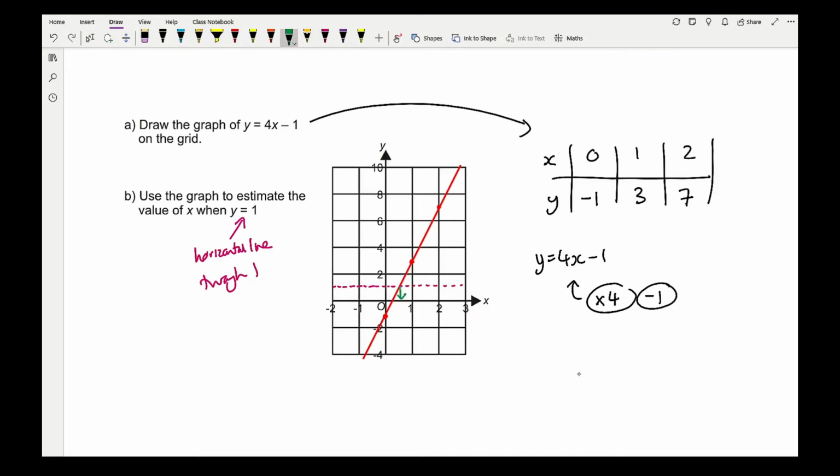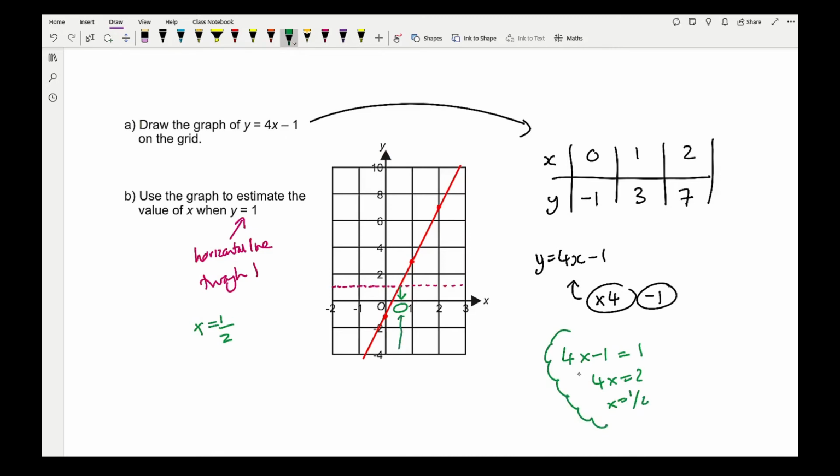For this, we need to roughly state what this number is. I would say it's pretty much going to be x equals a half. Now you could work it out. In terms of simplifying, setting it equal to 1, I've got 4x equals 2, so x equals a half, and that's you solving the equation algebraically,